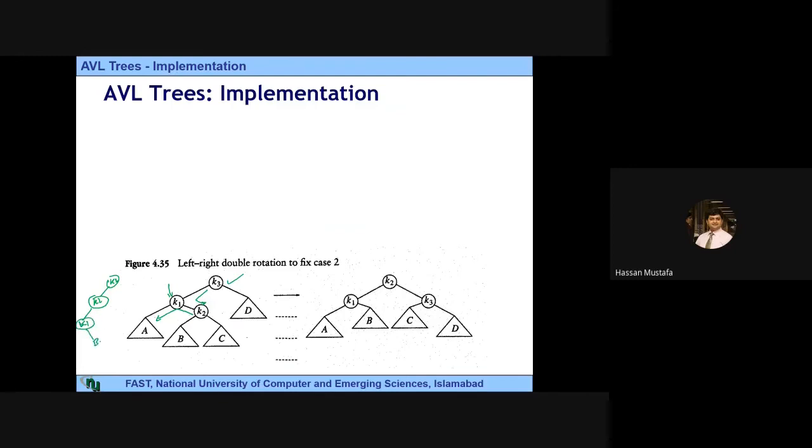B is on the right. B moves to the right of K1. A stays here on the left of K1, and we have this C node on the right of K2. Then we perform another rotation on K3. And after rotation on K3, K2 becomes the root node, K3 goes to the right of it. So this is the final shape. Okay, that was the concept. If you're still not comfortable with it, you can go back and see the rotations lecture in the playlist. Okay, but for the code,